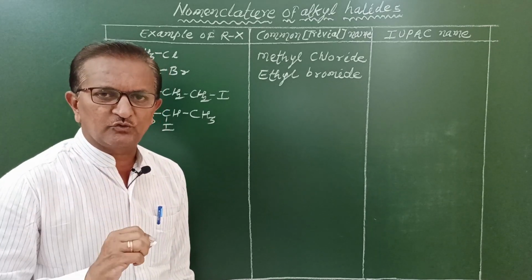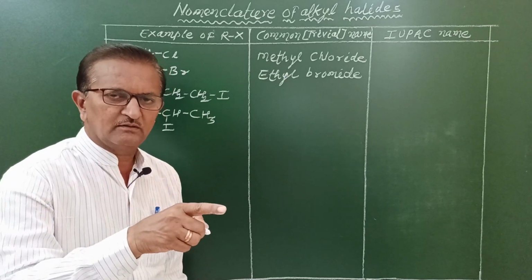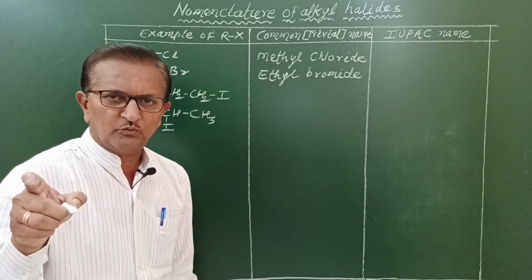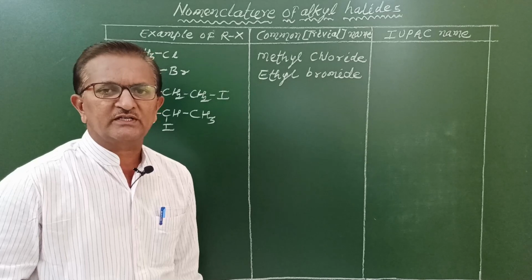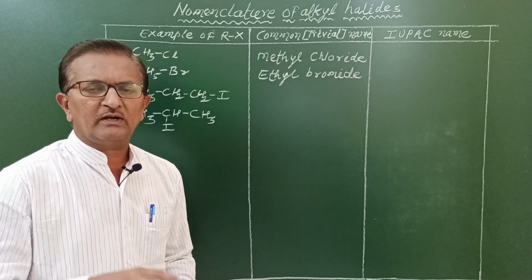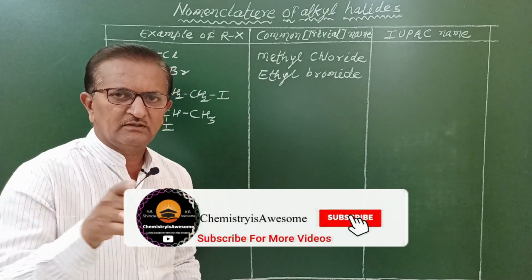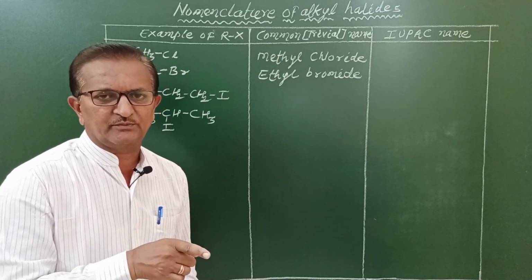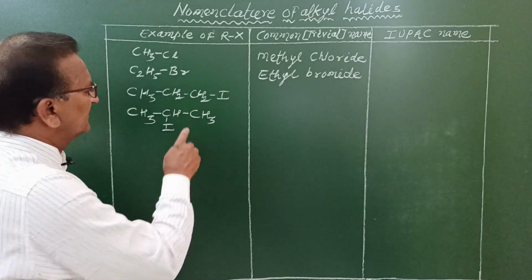If we proceed towards the next example of an alkyl halide which contains 4 carbon atoms, the group is called butyl group, formed from butane. C4H10 is butane. When we remove one hydrogen atom from this butane, there is formation of C4H9. But in C4H9, there are 4 isomeric groups, such as n-butyl, sec-butyl, isobutyl, and tertiary butyl. Now let us see these examples first.